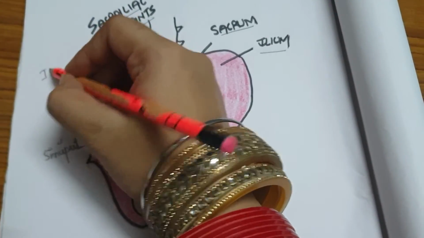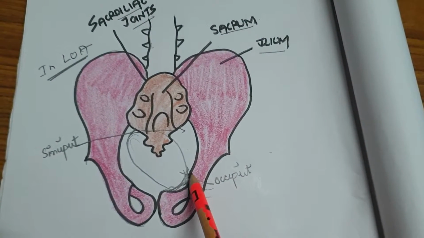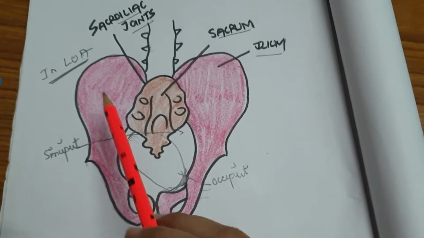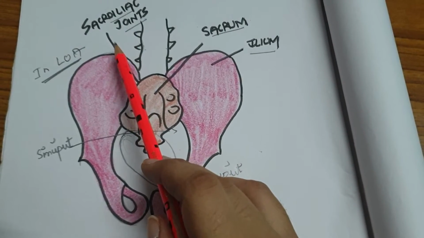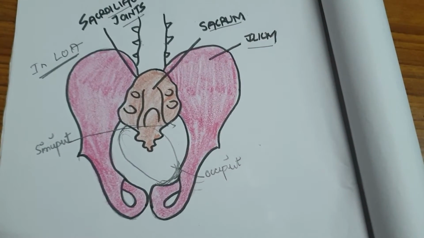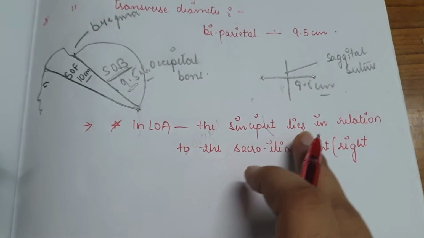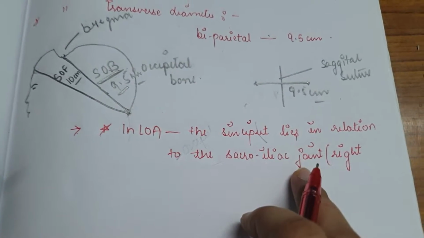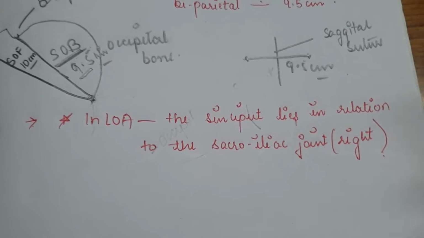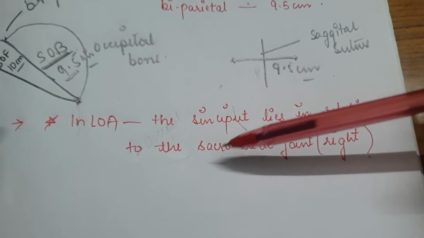So in left occipito-anterior, when there is engagement of the head, the occiput lies in relation to the iliopubic eminence, and the sinciput lies in relation to the sacroiliac joint, the joint formed between the sacrum and the ilium. So here I write that point: in left occipito-anterior, the sinciput lies in relation to the sacroiliac joint at the right side of the pelvis,